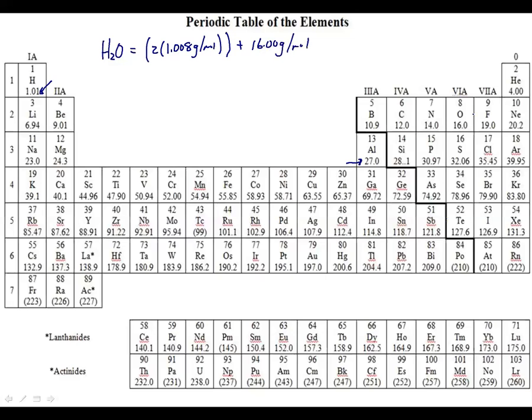plus 16 grams per mole for our oxygen, which would be over here. Again, the first several here, they rounded kind of weird, but usually 16.00, which would be 4 significant figures, is typically what we would take it to. So this represents our 2 hydrogens here, and this represents our 1 oxygen. And when we add up all that, we get 18.02 grams per mole, which would be the molar mass of